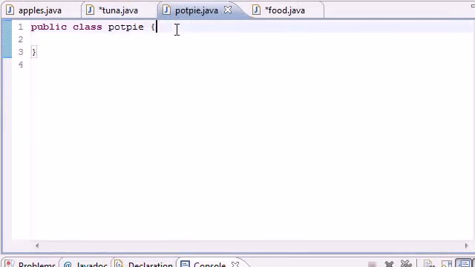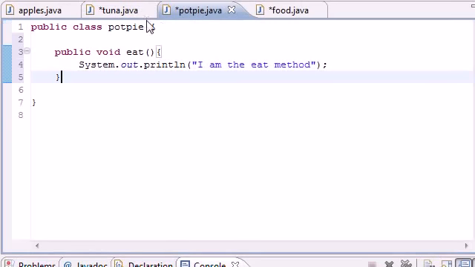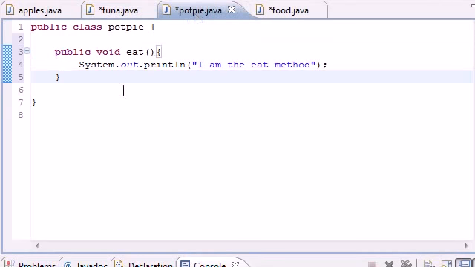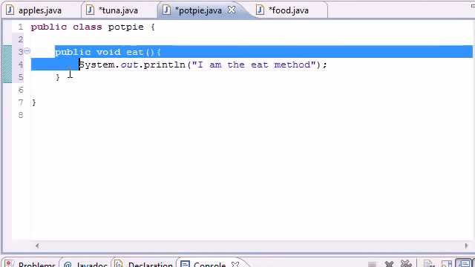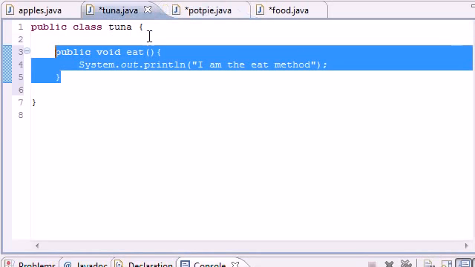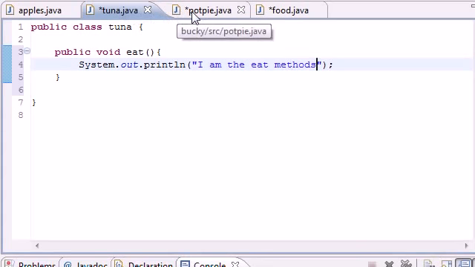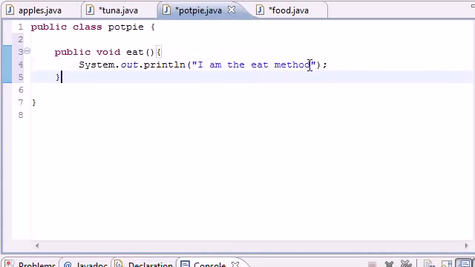method. So tuna had it, and pot pie had it, and say we had a bunch of other ones like chicken, liver, ham. They all had the same exact eat method. So then your boss comes in and tells you, alright, you know when you wrote the eat method and say "I'm the eat method"? Well, we actually want you to say "I am the eat methods" with an S. So now you gotta go in every single different class and change that one method and add an S on